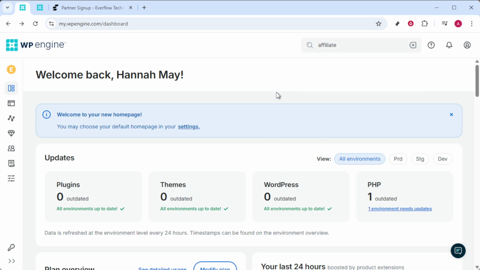Once you're logged in, you have full access to manage your affiliate links, view your performance metrics, and explore the various tools and resources offered to maximize your affiliate success with WP Engine. And there you have it, a foolproof method to log in to the WP Engine affiliate portal. Remember, successful affiliate marketing relies on consistent access to your analytics and tools, so mastering the login